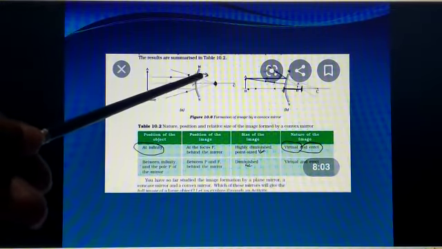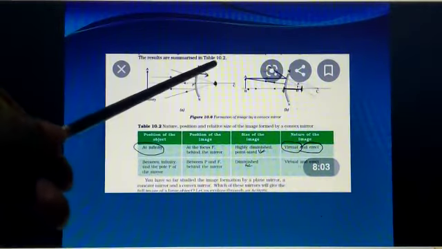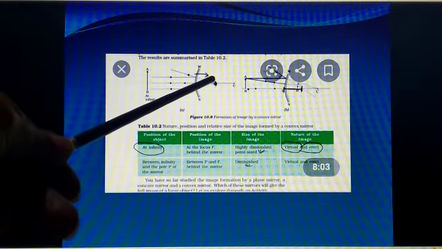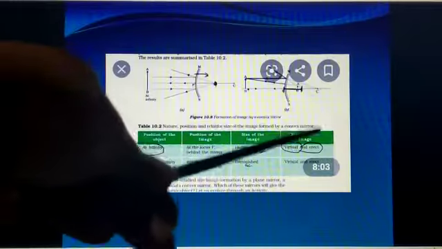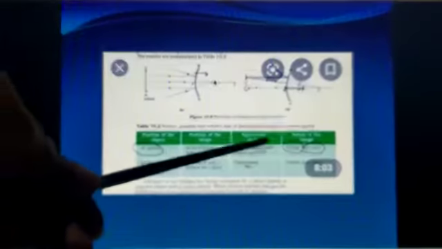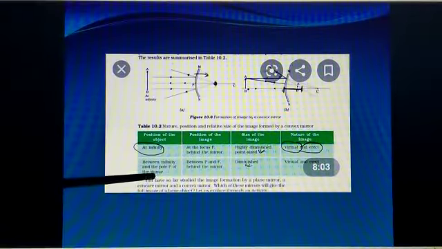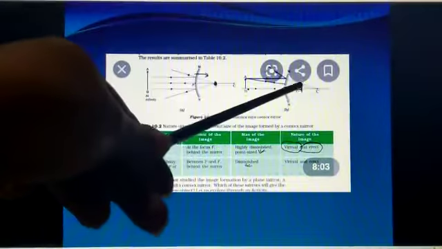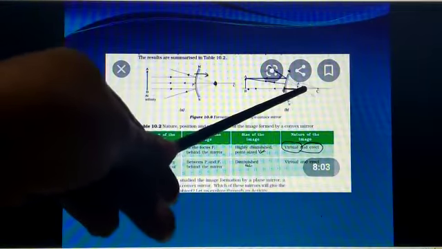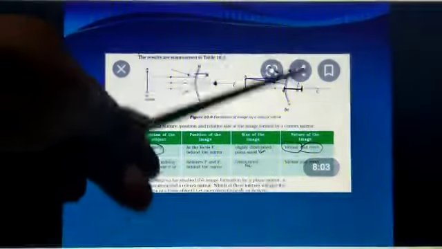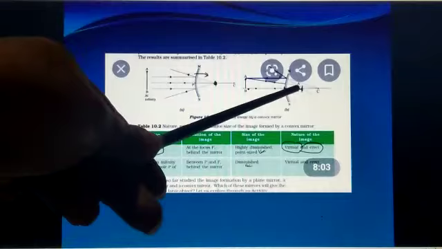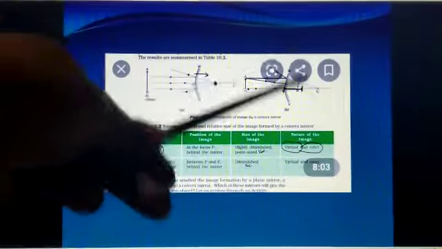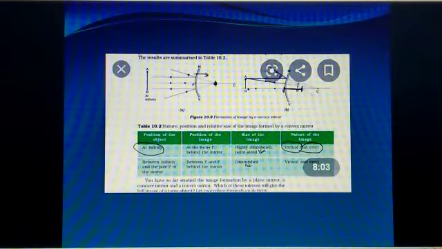The image formed by a convex mirror will always be virtual and erect, because actual rays are not intersecting. Imaginary rays are intersecting, so the image will be formed like a virtual image. Erect means upright. Then the second case, object between infinity and pole. Then the image will be formed between P and F, and the size is diminished. Nature: it is virtual and erect. Virtual means actual rays are not intersecting, and erect means upright. The image will be upright, but the size will be diminished.